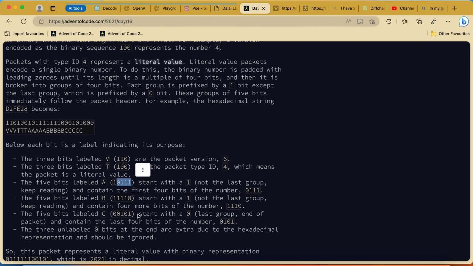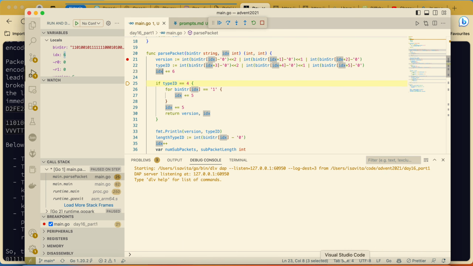Keep this 1, after that keep eventually this one, and keep this one, and make one number with it, and then return it. Okay, how is that being done in this case?